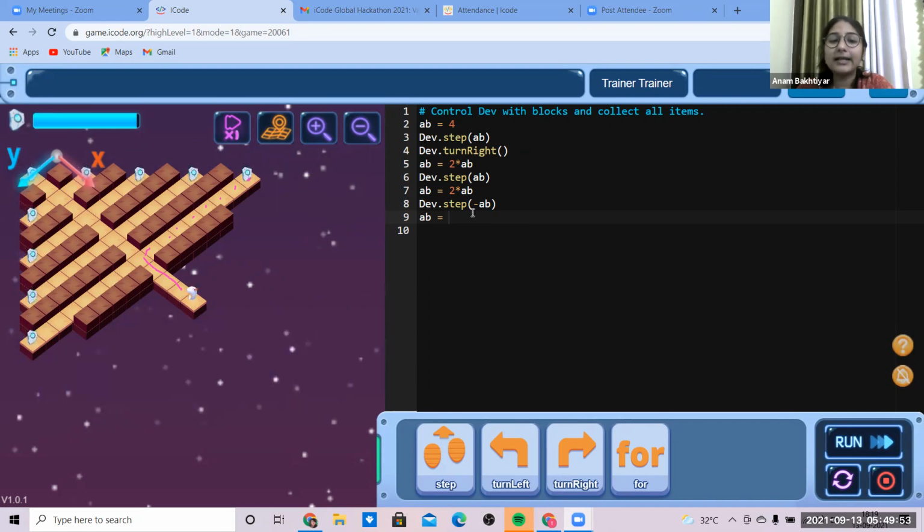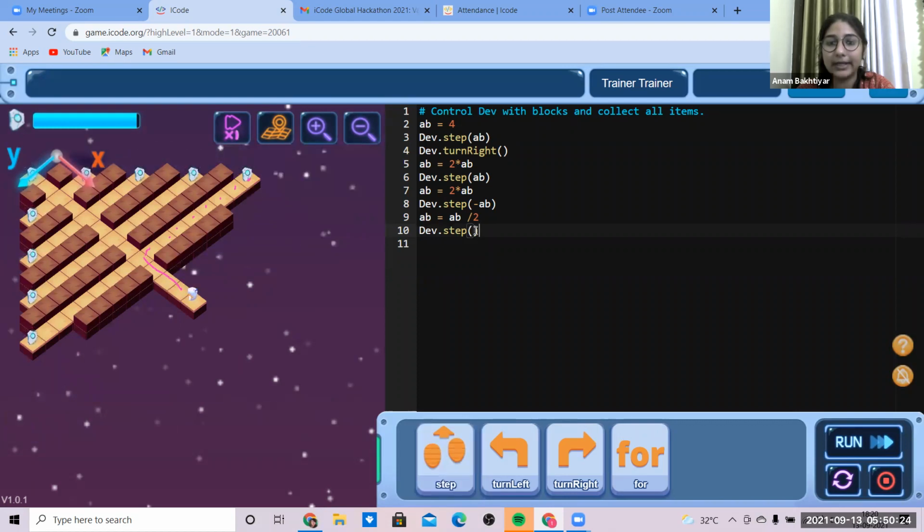So I'll be taking your doubts after 2 or 5 minutes. Okay, so let's complete this one part. Then we will be covering the doubts. Okay. So now AB is how much? AB has become 16. Now I have to take how many steps? I have to take half of those steps. So that is 8. So AB divided by 2. Then it will move those steps forward.